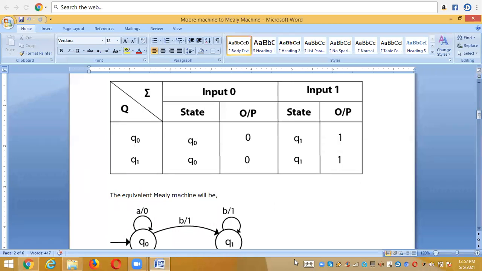Initially you need to recognize what the input is, and after recognizing that the input belongs to this machine, you can easily convert it just by following the procedure into its equivalent machine, right?